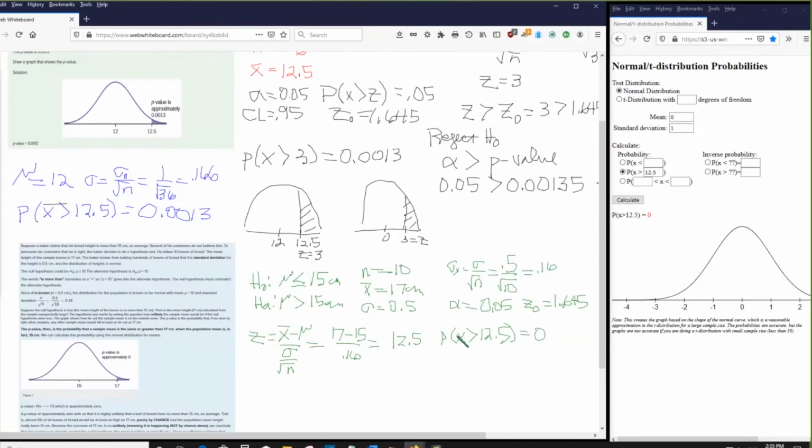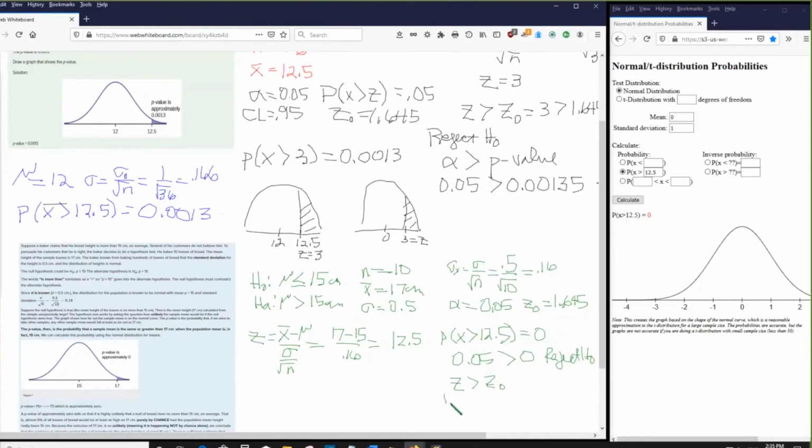So that tells me that if I have my alpha of 0.05, the p-value is less than alpha. So that's going to tell me to reject the null hypothesis, which would tell me that the height of the loaves of bread is likely to be higher than 15 centimeters. And then we also can do our test with our z-scores,